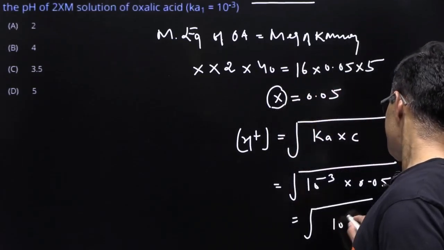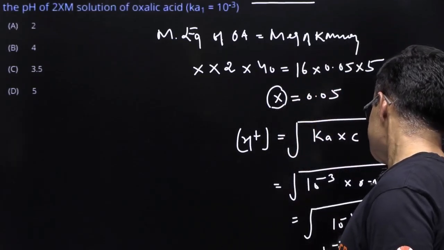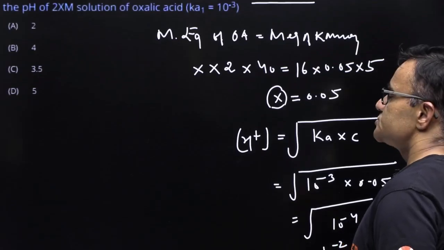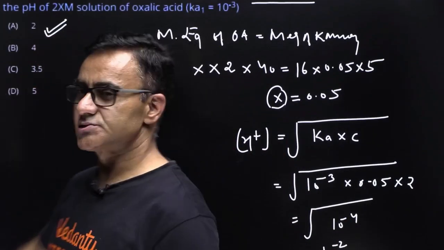ये हो गया आपका 10 रेज़ टू द पावर -4, तो H+ कॉन्सेंट्रेशन इज 10 पावर -2, तो pH इज इक्वल टू 2, so your option A is going to be the correct option. All right,